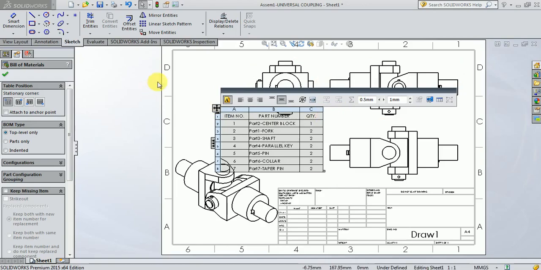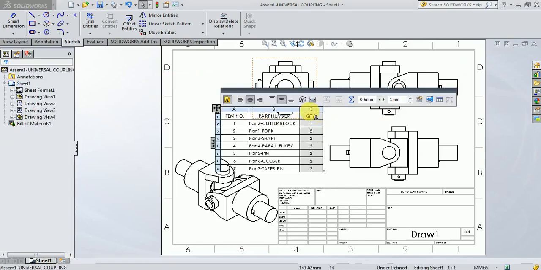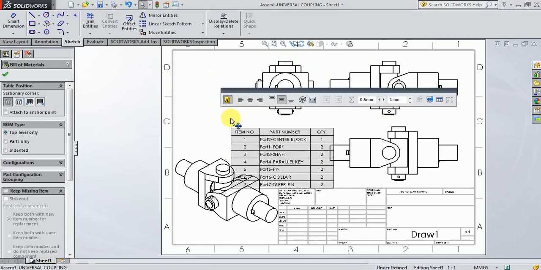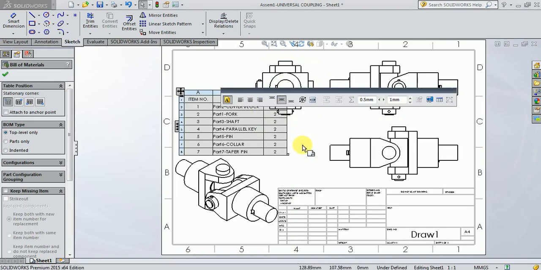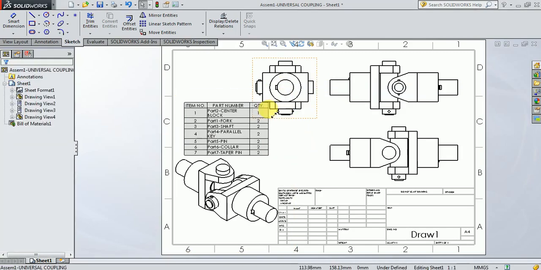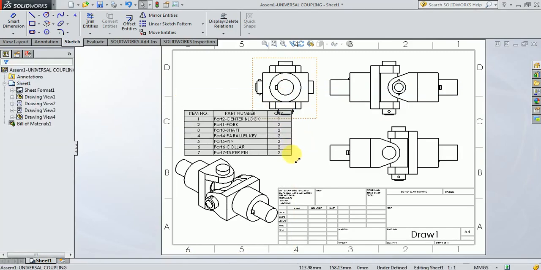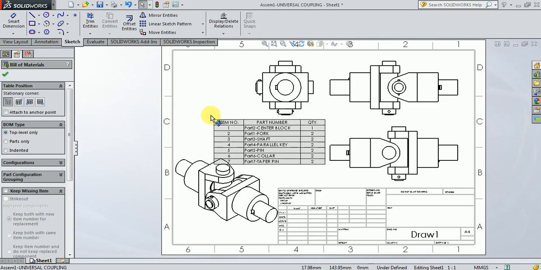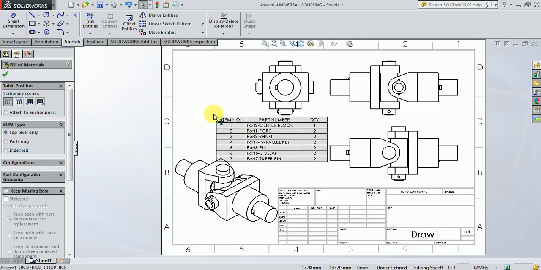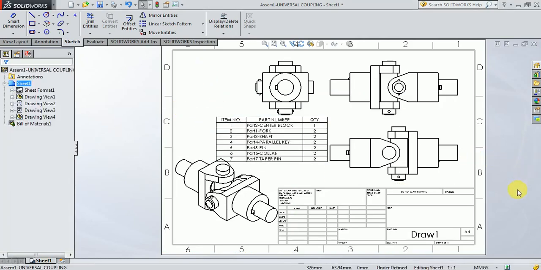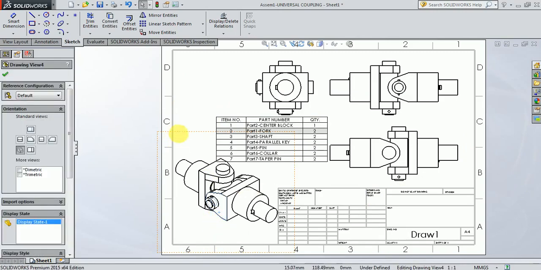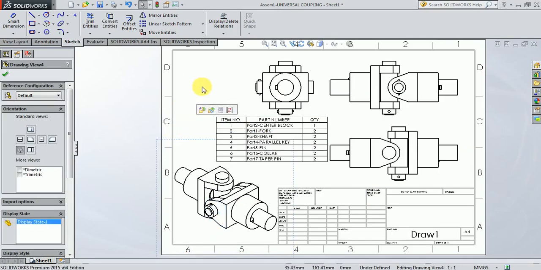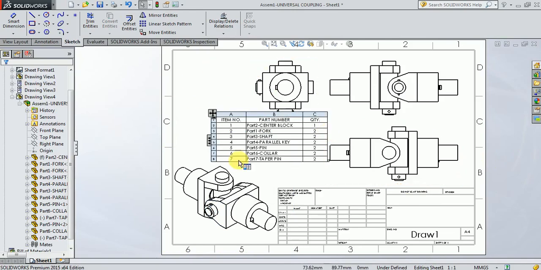I will try to reduce the size of this, so it can be placed somewhere here. Let me move this like this. So we have added the bill of materials.